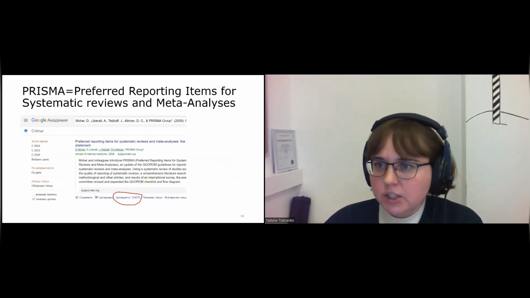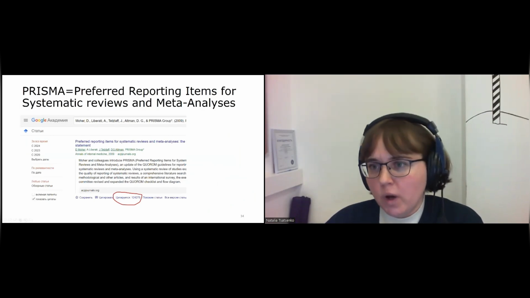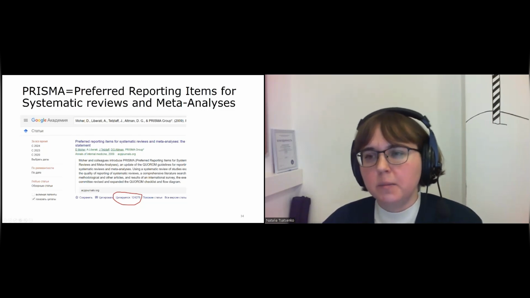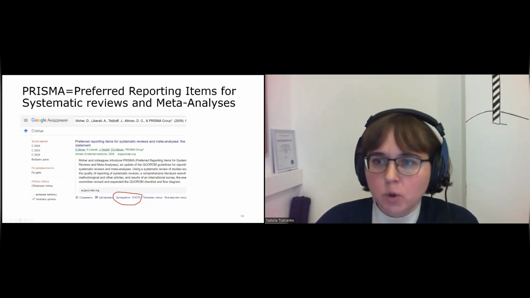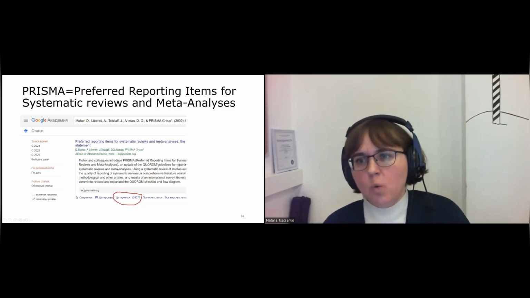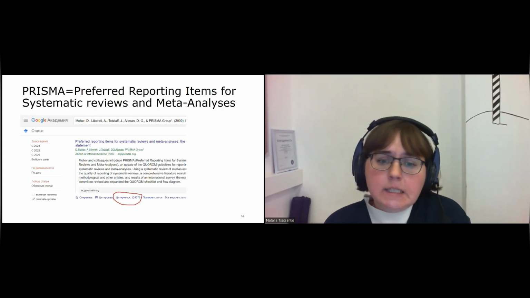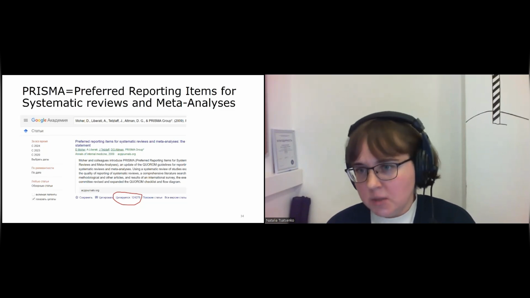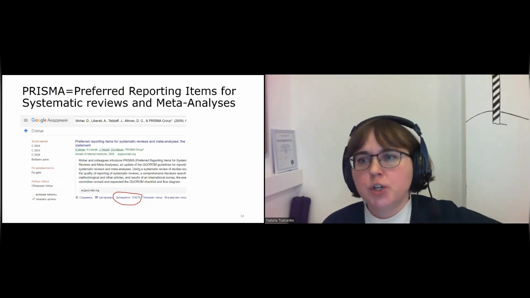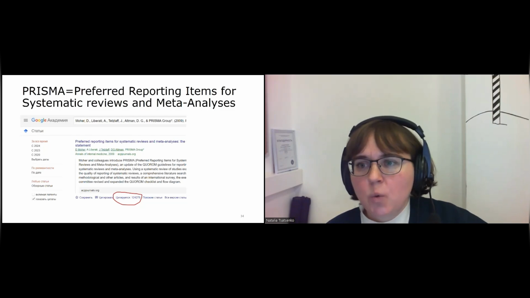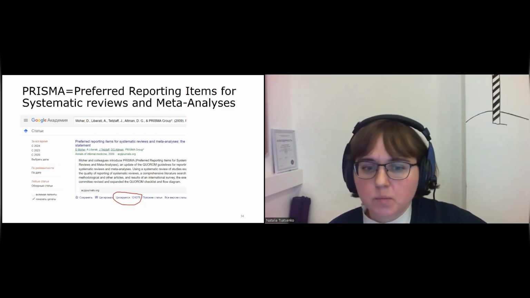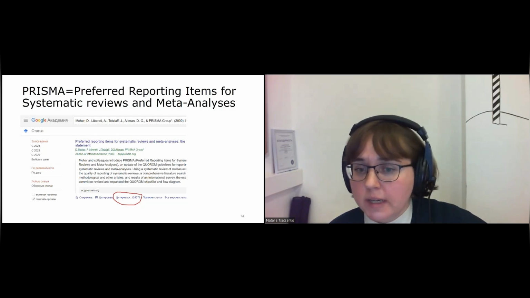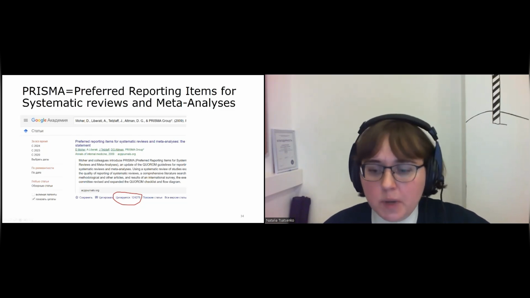Just one interesting point, usually if a paper already has 1,000 citations, it's already a good paper. No, I can't say that we can decide whether a paper is good or not by citations, but definitely if it's 1,000, it's very good. We can see that people cited these papers because they managed a systematic literature review. And in the methodological part of a systematic literature review, we have to mention that we managed this according to these guidelines. This is one of the explanations why so many citations were made for this paper.